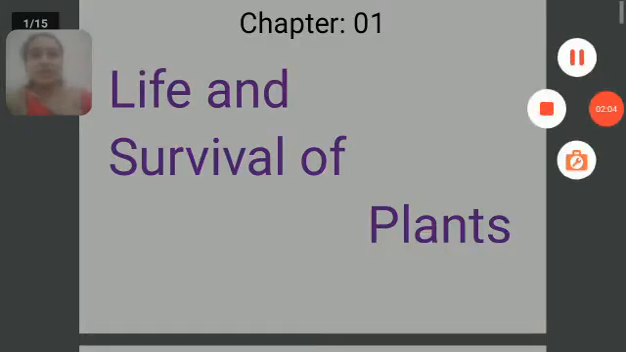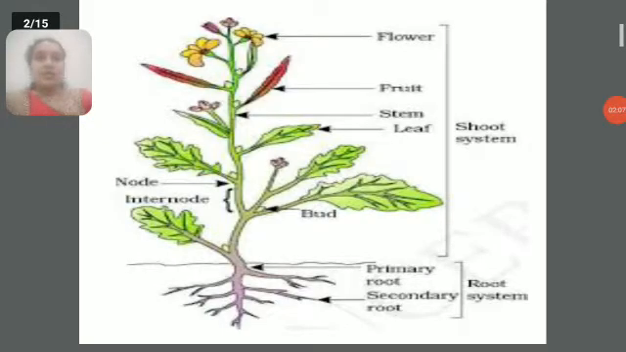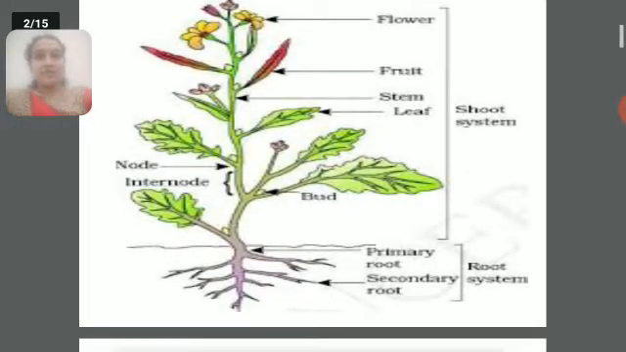Got it, children? So this is the plant. You all know the plant has a root system and a shoot system. Every plant, whether terrestrial or aquatic, will have a root system and a shoot system. The root system contains primary and secondary roots, whereas the shoot system contains flowers, leaves, bud, stem, leaf,